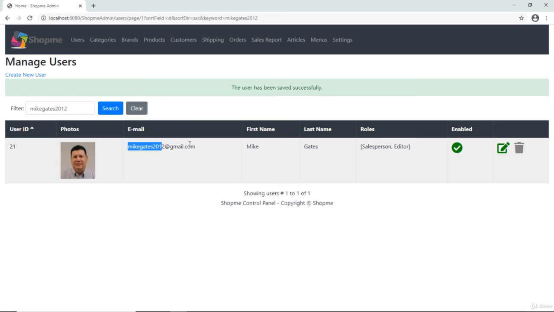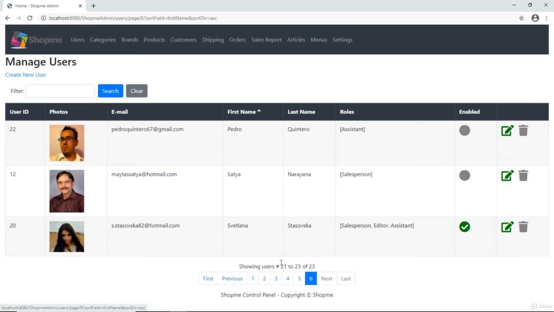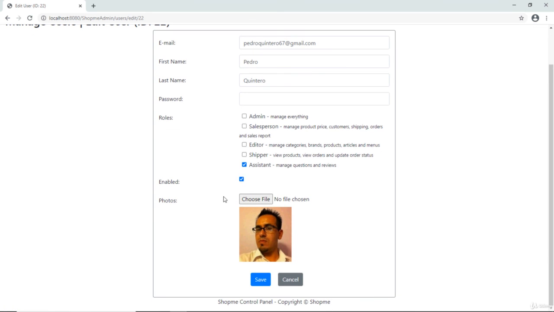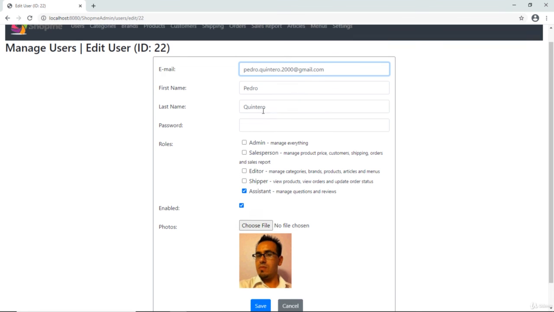And test again, clear the filter, and now I go to the last page and I want to edit the details of the user Pedro Quintero here. For example, I enable this user and change email to pedro.quintero.2000 here, and click save,